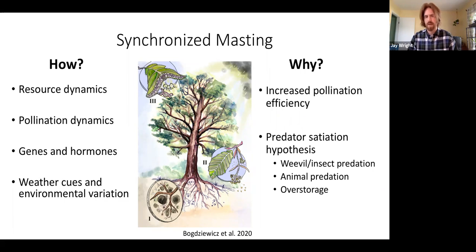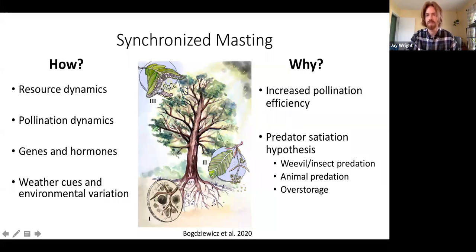So it ends up being more beneficial and more energy efficient to have all of the trees produce a big bloom at once. So you put a lot of energy into one big bloom, and then you really increase the efficiency of cross-pollination, and then you don't have to put that energy into it next year or something like that. So the